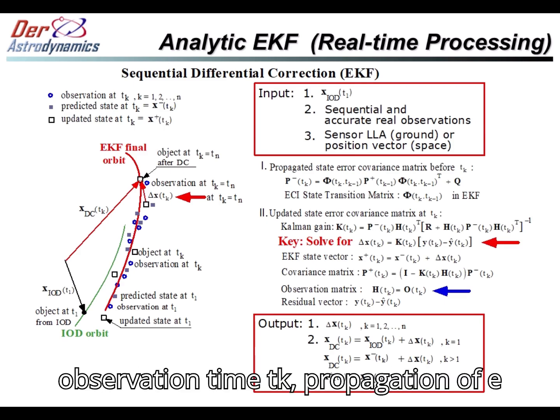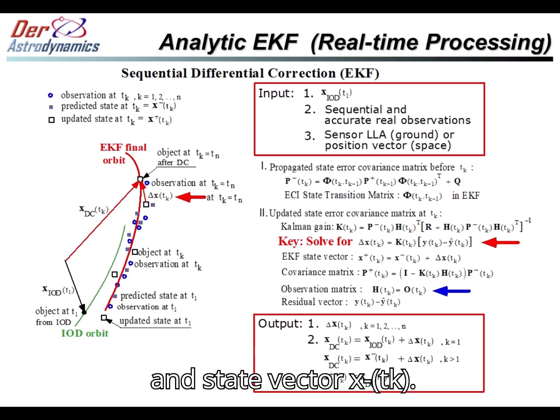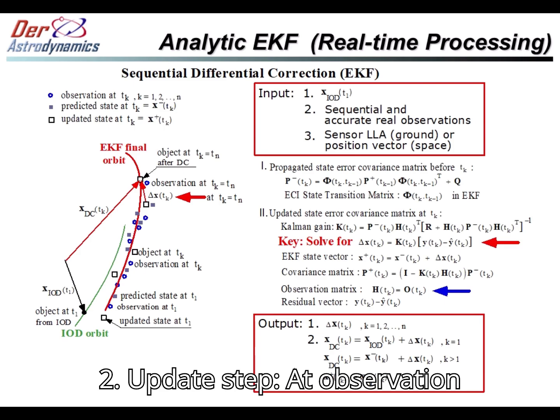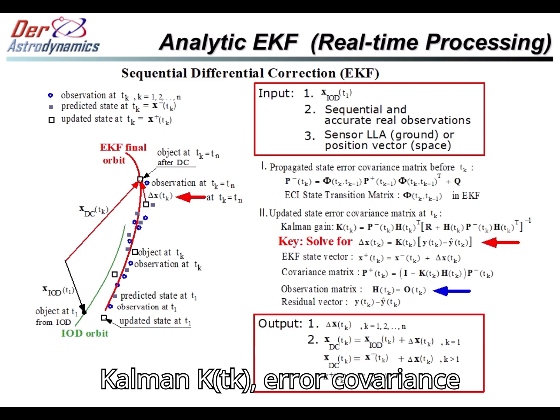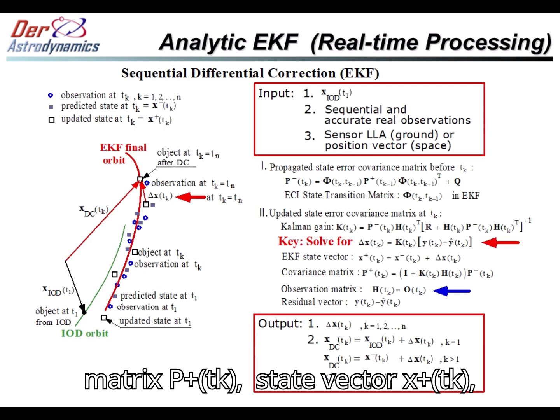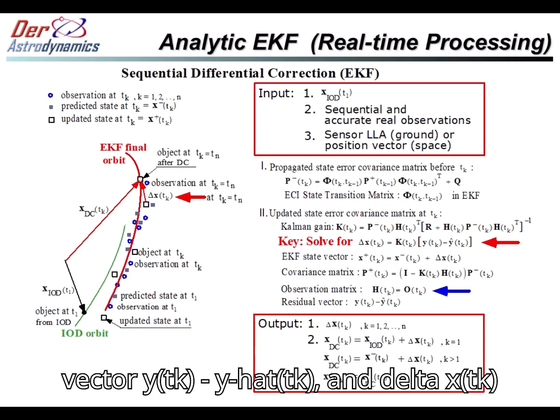Before observation time Tk, propagation of error covariance matrix P minus Tk and state vector X minus Tk. 2. Update step. At observation time Tk, update of Kalman gain, error covariance matrix, state vector, observation matrix, residual observation vector, and delta X